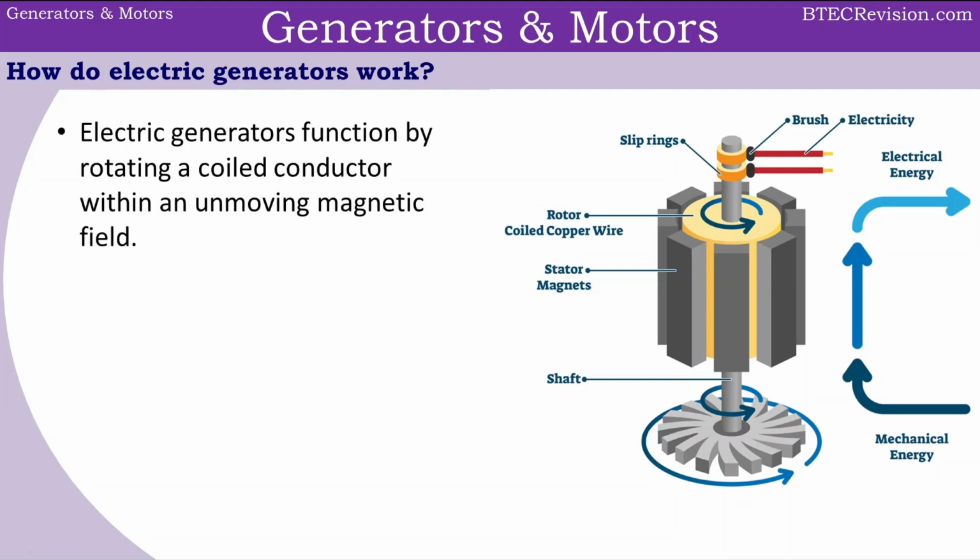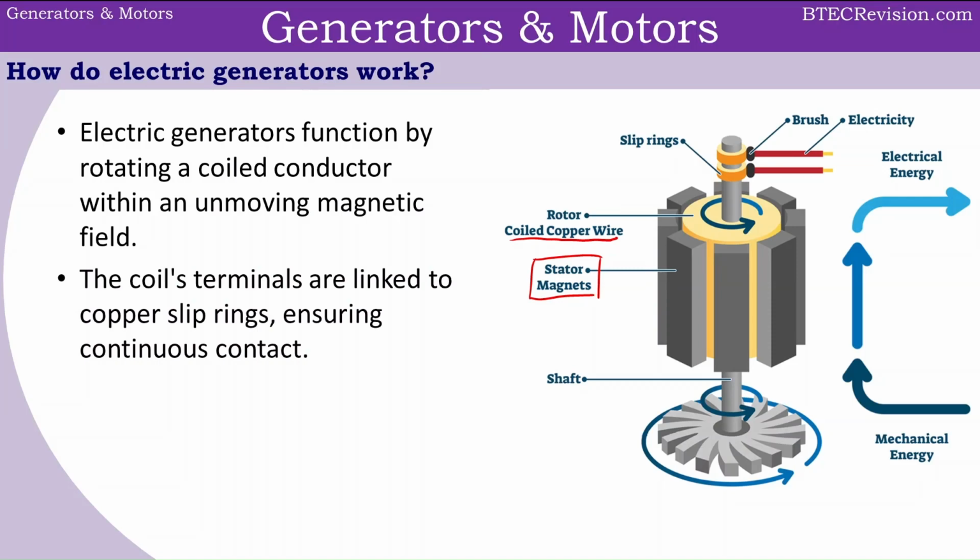Electric generators function by rotating a coiled conductor within an unmoving magnetic field. If we take a look at the picture on the right, we have some form of mechanical energy going into the system here. So some rotation that's causing this shaft to rotate, which is inside something called the stator magnets. As you can see, the stator magnets are surrounding what we have inside, which is a coiled copper wire,